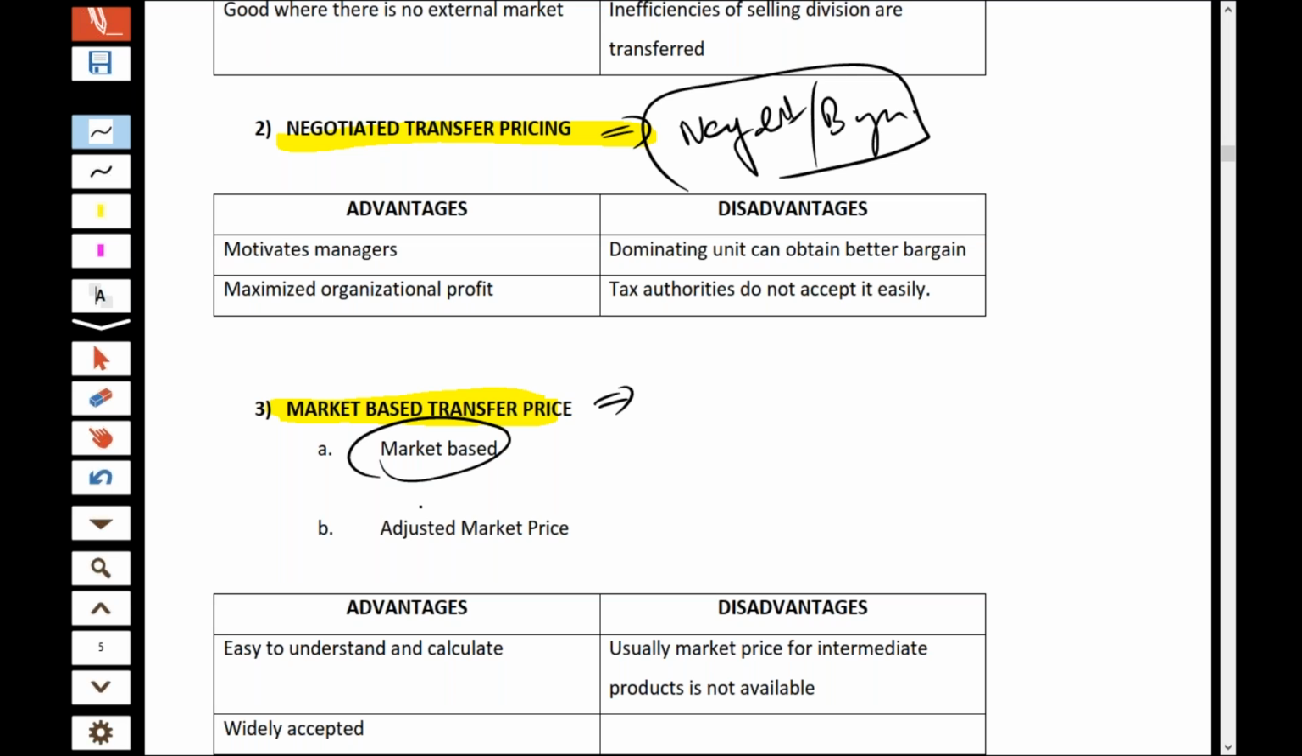Now, at times what happens is there is an adjusted market price that is used. What is this adjusted market price? The difference between the market-based transfer price and the adjusted transfer price is that you use the market value, but then you bring about the adjustment of the cost saved by selling internally. What you do is that you actually